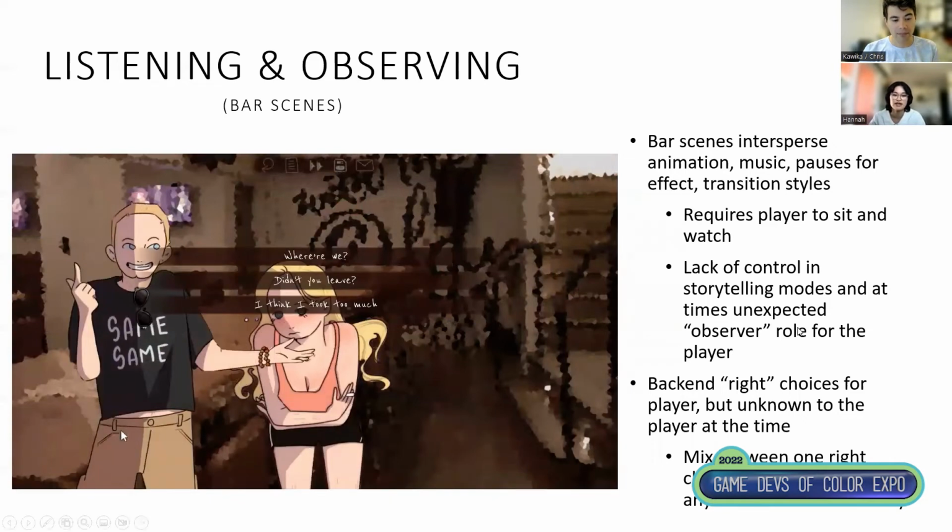And then when there's a multiple choice option that pops up as you're advancing through the game, the backend implementation has 1 or more correct answers, but the player isn't obviously aware of that, which can really depend on what the players select. So it can change what happens next in the game.